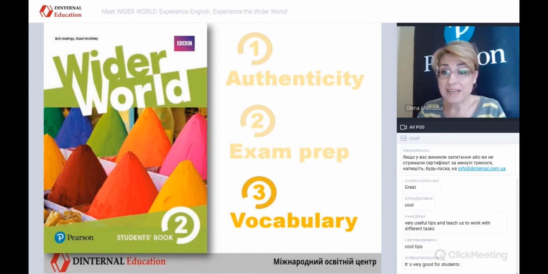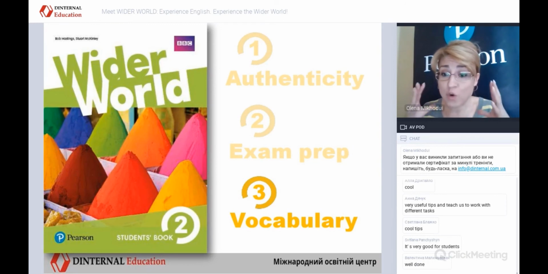And finally, the third feature, I will very briefly show you something which I love about Wider World. It's the vocabulary program. I'm not going to speak for a long time about that. So it's just the vocabulary is great. There is a lot of vocab. Wider World has got a very intensive vocabulary program. So the amount of vocab in each unit, the way it's